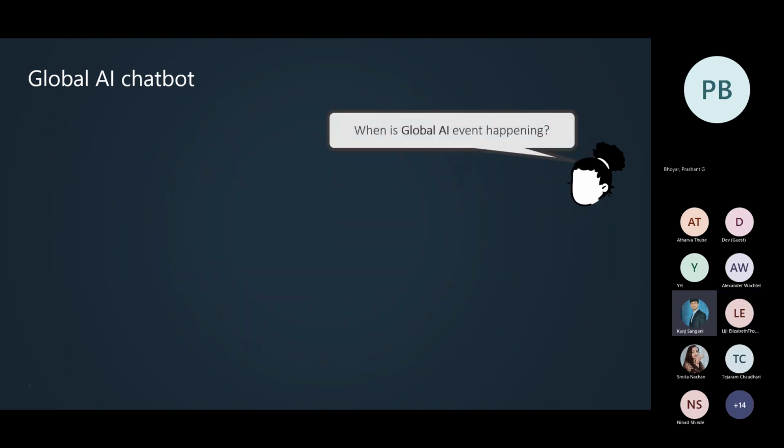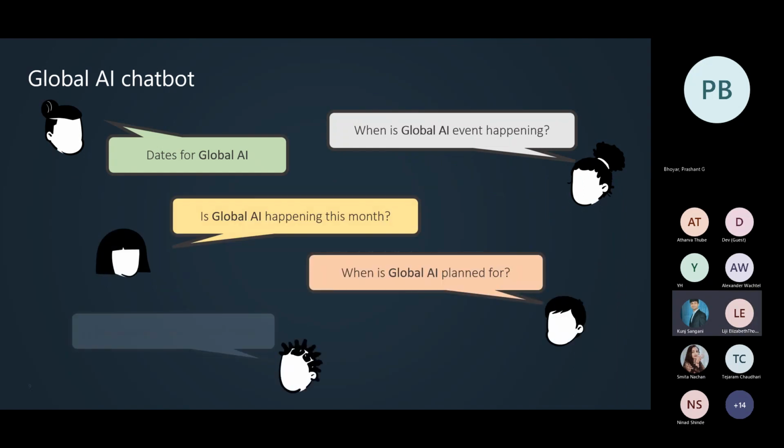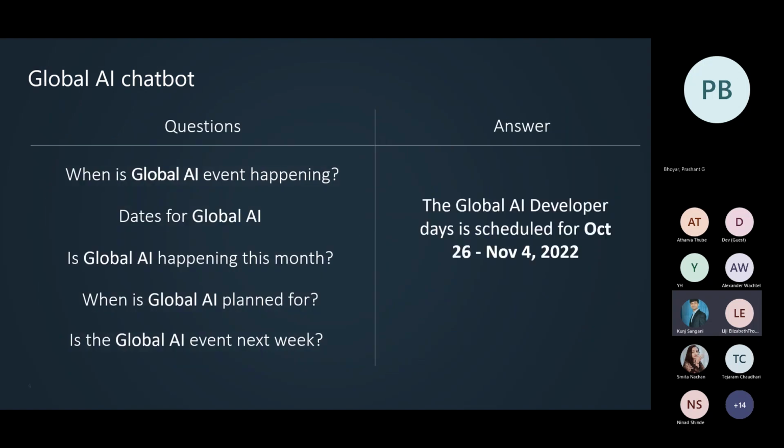Now, the beauty of human language is that in any language, take English or any other language, 10 people will ask the same question in 10 different ways. Now, the poor chatbot needs to understand that irrespective of however these questions are being asked, they mean the same thing. These are just various phrasings or utterances of the same question. Essentially the answer is the same. So nuances like these need to be handled in an AI service. And that's really how powerful an AI service is, rather than just hard coding a question versus an answer.